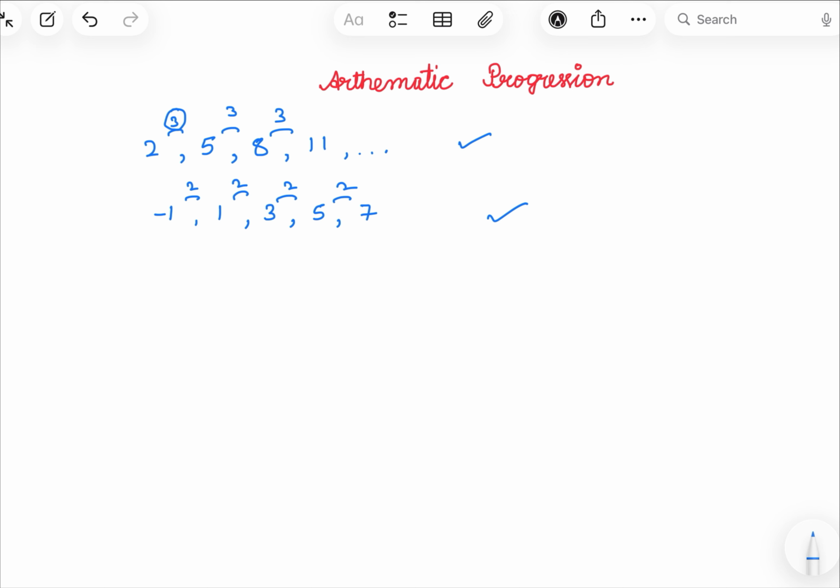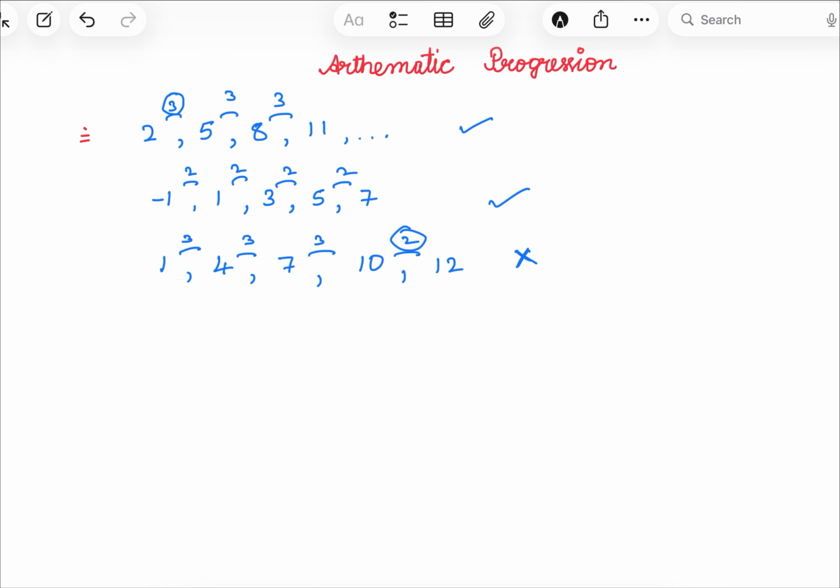Let me give one more example: 1, 4, 7, 10 and 12. Is it arithmetic progression or not? Let's see. Here we added 3, here 3, here 3, after that we added 2. So in this sequence the common difference is not the same, so this is not AP. Okay,